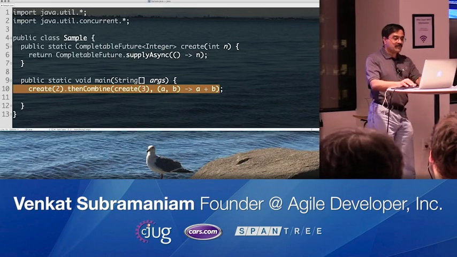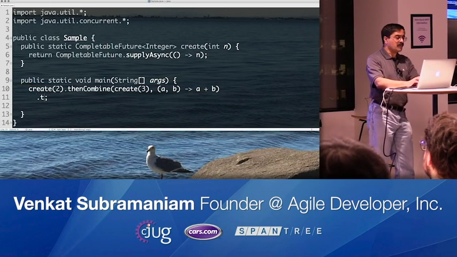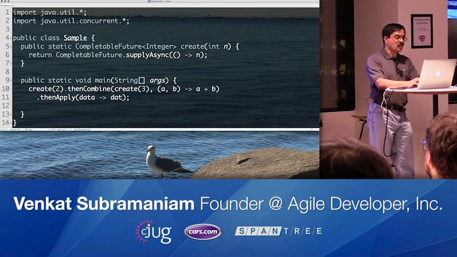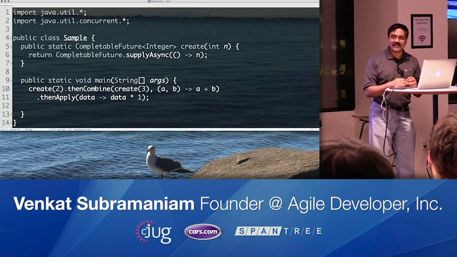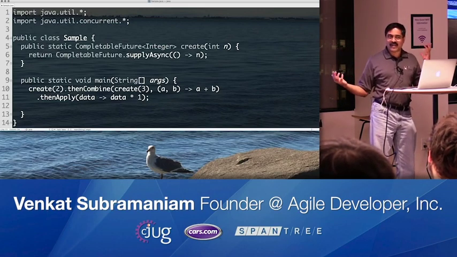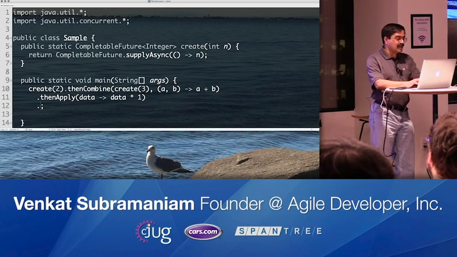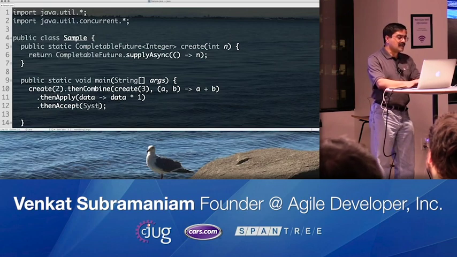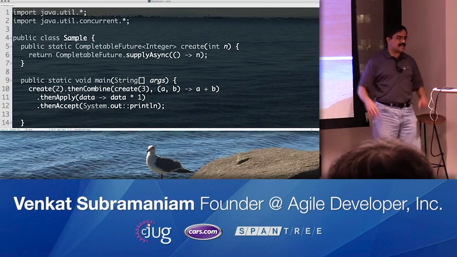So what am I going to do then? I say dot thenApply, and I could take the data and do some work with the data. It's a silly example. I'm multiplying with the 1, so we don't have to think too hard to see what it did. 2 plus 3 is 5. 5 times 1 is 5. You can pipeline it. Then thenAccept, and I'm going to simply say System.out.println, and we'll simply print it. So what is happening in this case is we set up two different tasks.